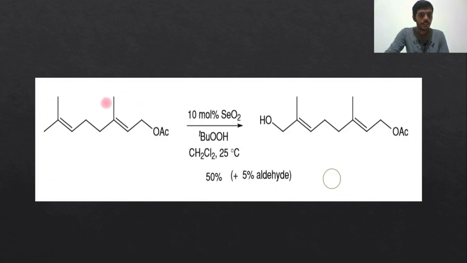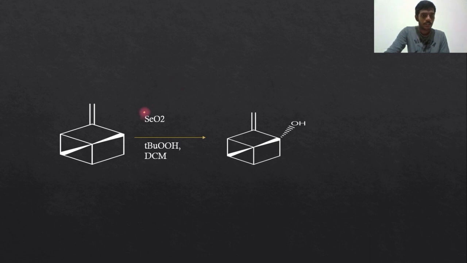You see this example. This is vinylic and this is allylic center. The oxidation happens at this position. So this is the product of this reaction. See this example. This is vinylic and the allylic center is present here and also here. See, this is the bridgehead position. So the oxidation will not happen over here. Only at this position the oxidation happens. Here the alcohol is present over here.